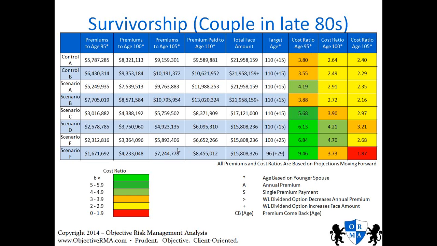So I color code this analysis because it gives us the ability to look at which scenario offers the greatest value. Depending on how I structured it and what the target was, for example, I purposely designed this scenario for age 95. So naturally, this scenario is going to offer the greatest cost ratio because I designed it for 95. But if it goes beyond that, I'm not going to just give up and let the face amount go to waste. I'm going to have to maintain that face amount, and there's going to be an additional cost to carry it forward. That's why it's not as efficient as, say, scenario E or scenario D.